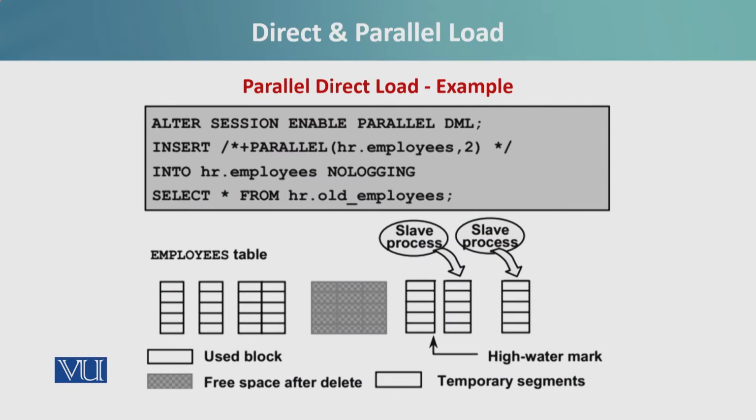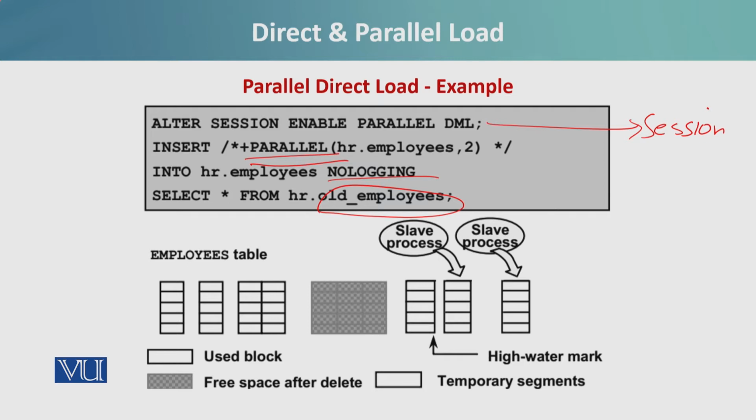Similarly, parallel direct load is managed with the help of alter session. For this one, we need a session alteration. We have to enable it for parallel DML, and we mention a parallel hint, and we can optionally choose logging or no logging. In that case, our target table is hr.employee and our source table is